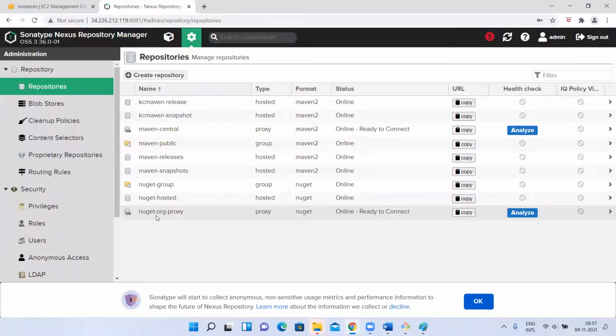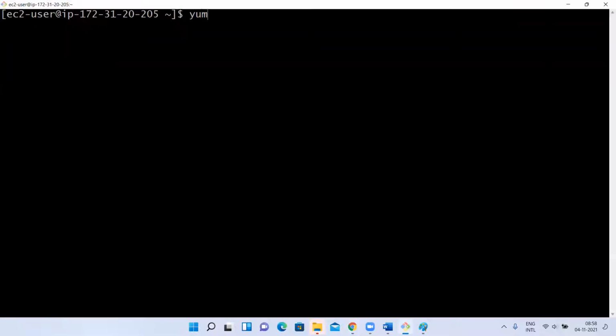But how to upload? I have two repositories ready, one for snapshot, one for release. Now, how to upload artifacts to these repositories? What I'll do is, let me quickly install Git here. Yum install git. It has disconnected.